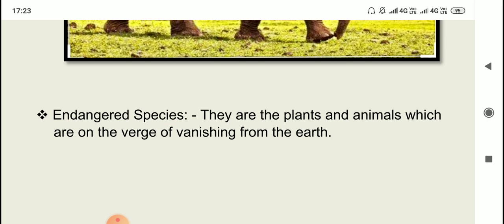Okay, so right now they are there on our planet, but they are in very small numbers, and we have to take quick action so that we can save them and they do not become extinct. So there is a very big list of such endangered species of plants and animals. If you do a little bit of research, you will be able to find many animals and many plants under this category. So why is it happening? Why do some species become endangered?